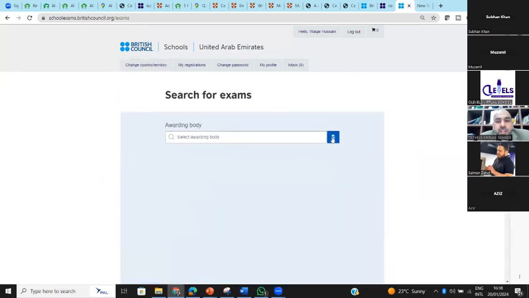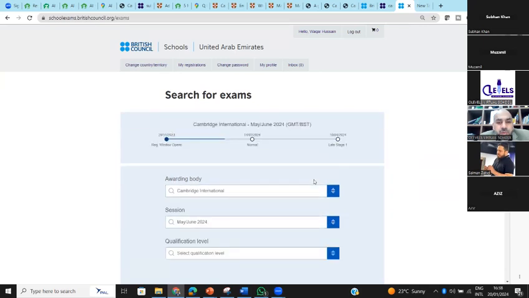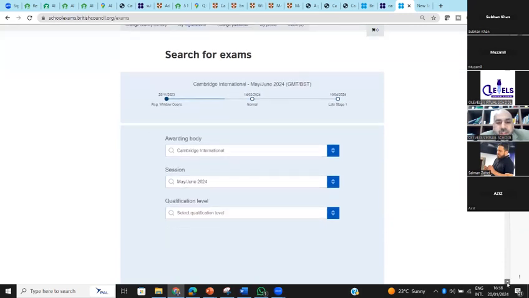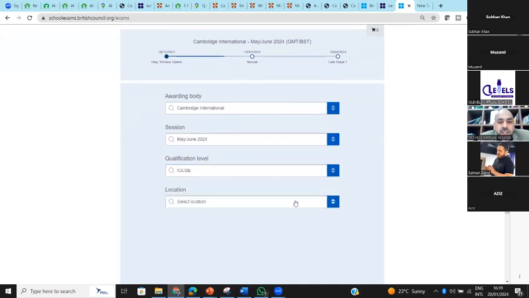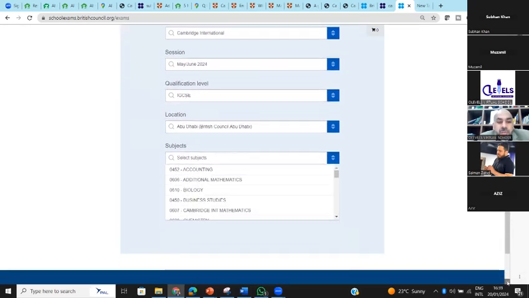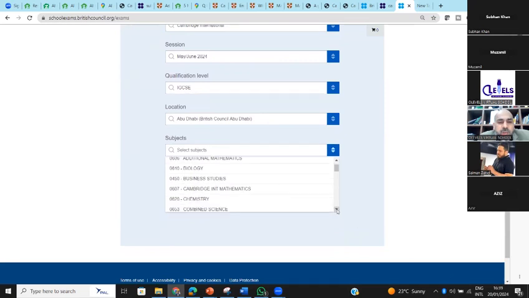Okay, select a body. So I select a body. It's Cambridge International. The session is May, June 2024. There is a date. It says qualification level, so I'll select the qualification level here: IGCSE. And then I select the location. I'd say Abu Dhabi, for example. Now it starts giving me the options of the papers. Now you go over here and you will find